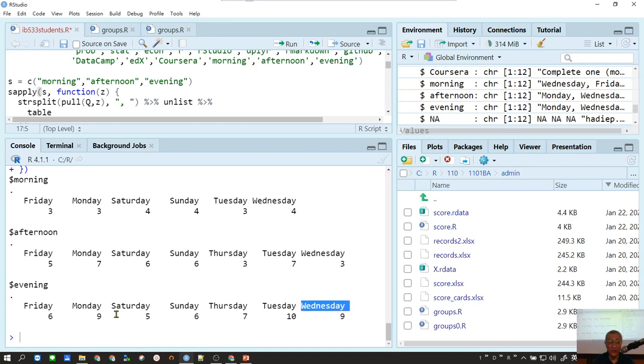Wednesday evening, and also Monday evening. Tuesday, Wednesday. Okay. So later on, when the TA is in, we will determine a collaborative learning session